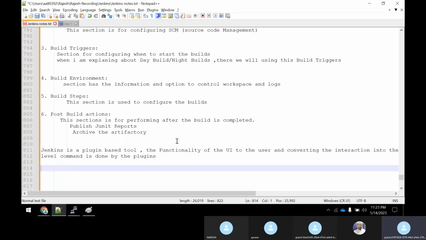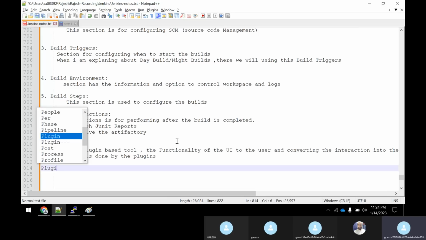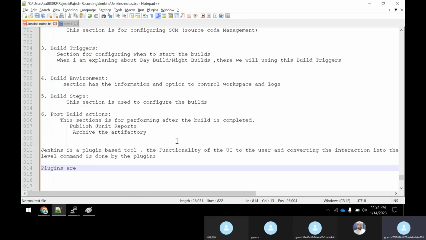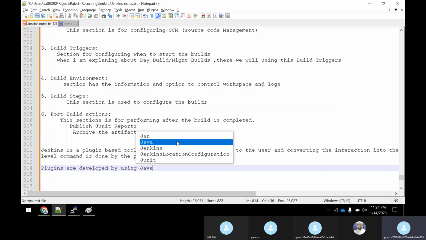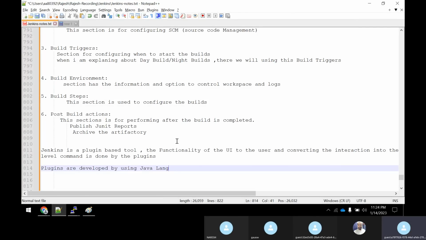So basically, you have a lot of plugins, guys. Almost most of the plugins provide a very simple UI for the end user, so that it makes his life easy, right? With the help of a UI interface, he can set anything and he can perform the task. So that's what we know, that we always heavily depend upon the Jenkins plugins actually. Plugins are developed by using the Java language. Almost all plugins are written in the Java language.